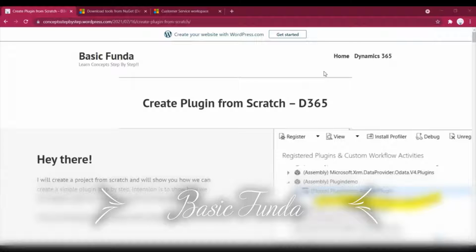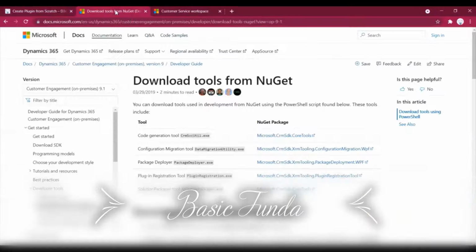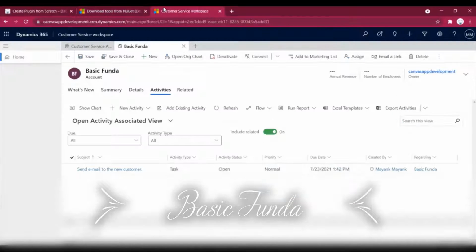Before we start, we would need two things: the plugin registration tool and a Dynamics 365 trial instance. This is the MS-Doc link from where you can download the plugin registration tool if you don't have it. I will leave this link in the description box so that you can use it. And I have created one trial instance.